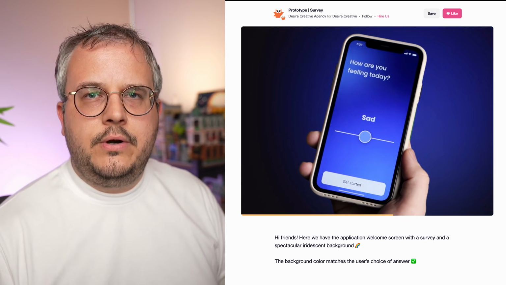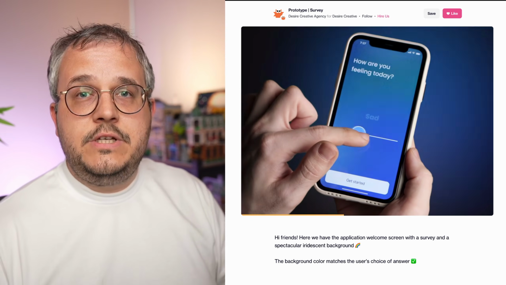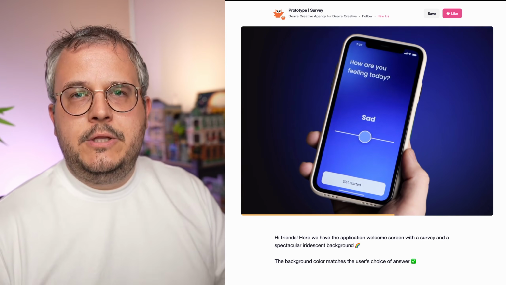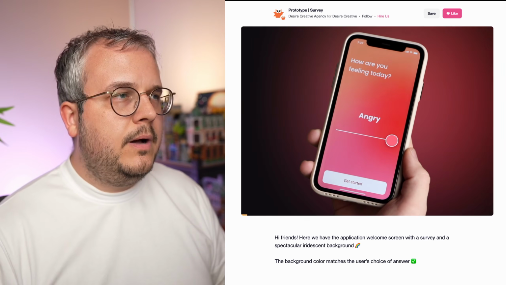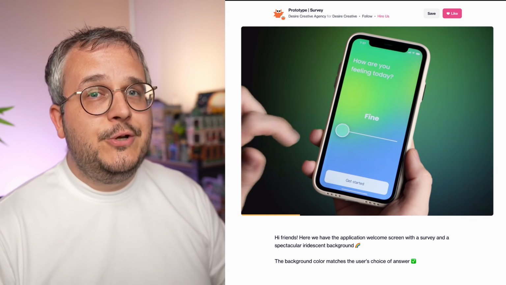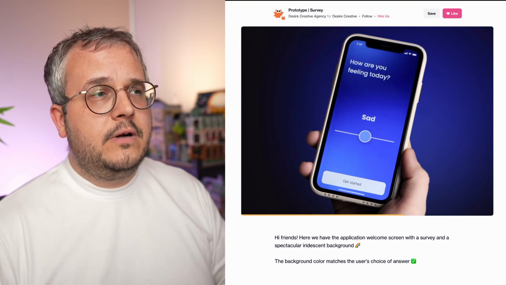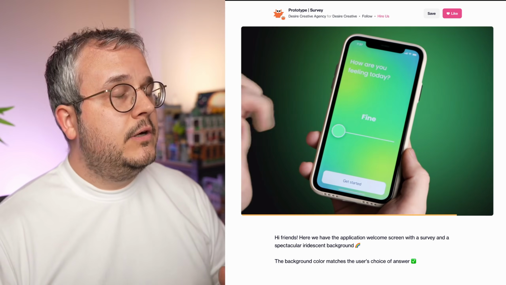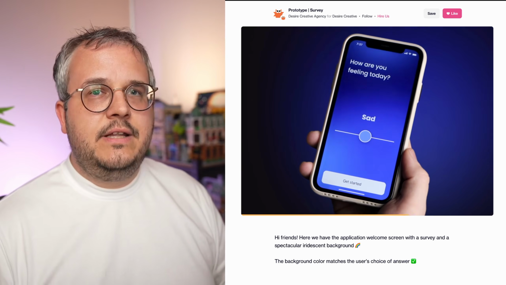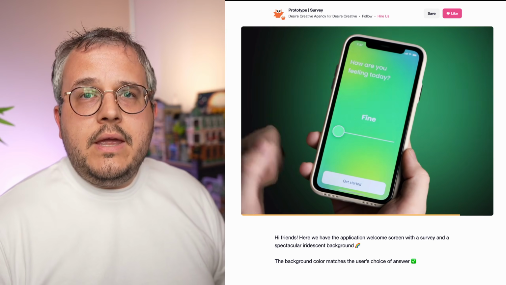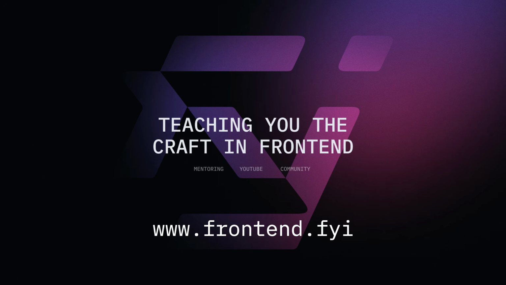There were some other alternatives around there, like moving the background position of a gradient, or using SVG, for example, to make an animated gradient. But doing it with plain CSS and doing it with all of these dynamic colors was not something that was possible. So today I'm going to show you that it actually is possible. It's unfortunately not yet supported in Firefox, but that's the only browser that it doesn't work in. So I think it's still worth teaching, because the fallback is that the gradient doesn't animate, and that would even be an okay experience in Firefox perhaps. So definitely worth checking out how this works.